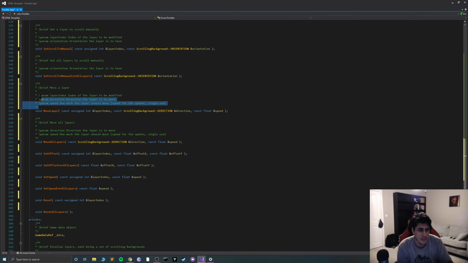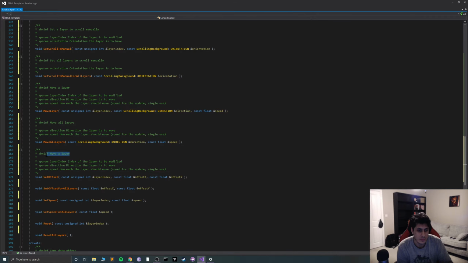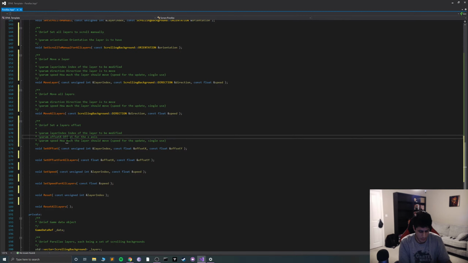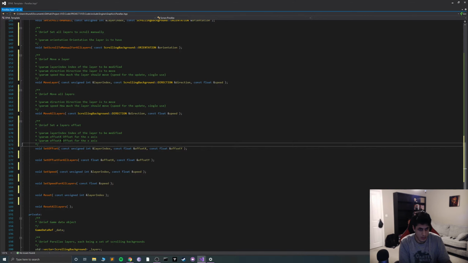So set offset. Layers offset, and we're going to change this to offset X, offset for the X axis. Okay, let's copy this.